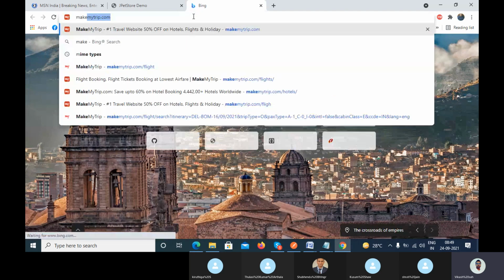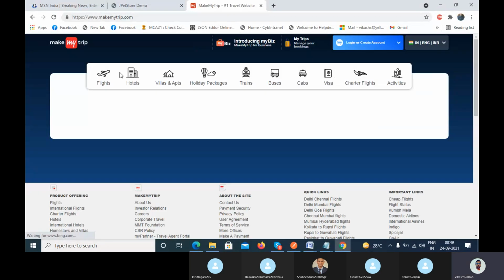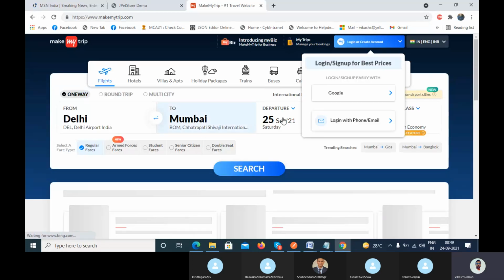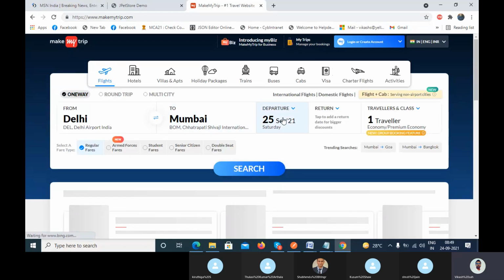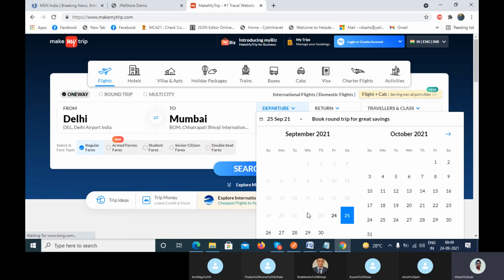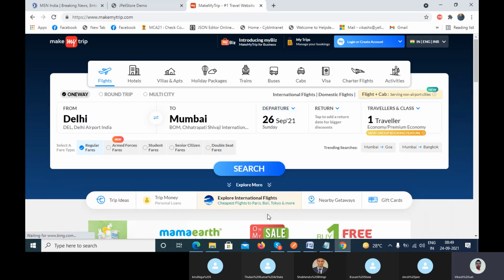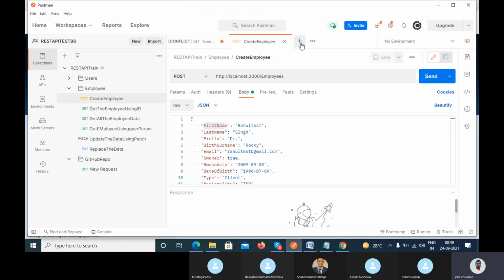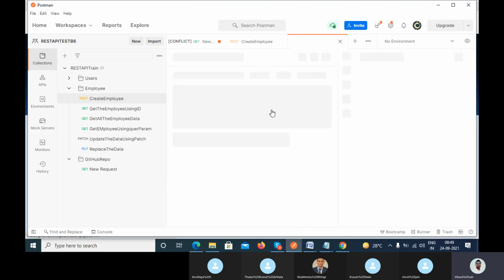If you go to MakeMyTrip, let me take MakeMyTrip. Let me go here, Delhi to Mumbai, let's suppose on the date of 26, and click on search. Let me create one request here.